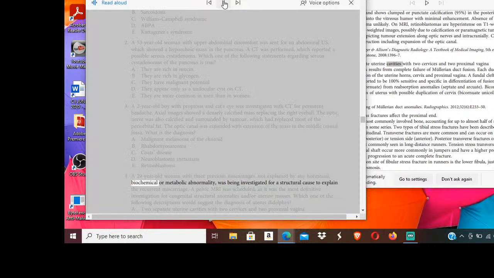Explained by any hormonal, biochemical or metabolic abnormality, was being investigated for a structural cause to explain the recurrent miscarriage. A pelvic MRI was scheduled, as it was the most definitive investigation for congenital structural anomalies and/or uterine masses. Which one of the following descriptions would suggest the diagnosis of uterus